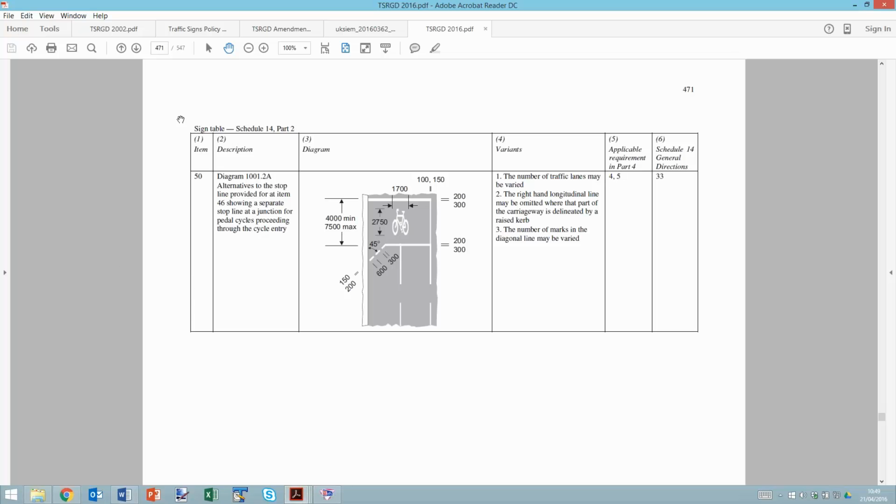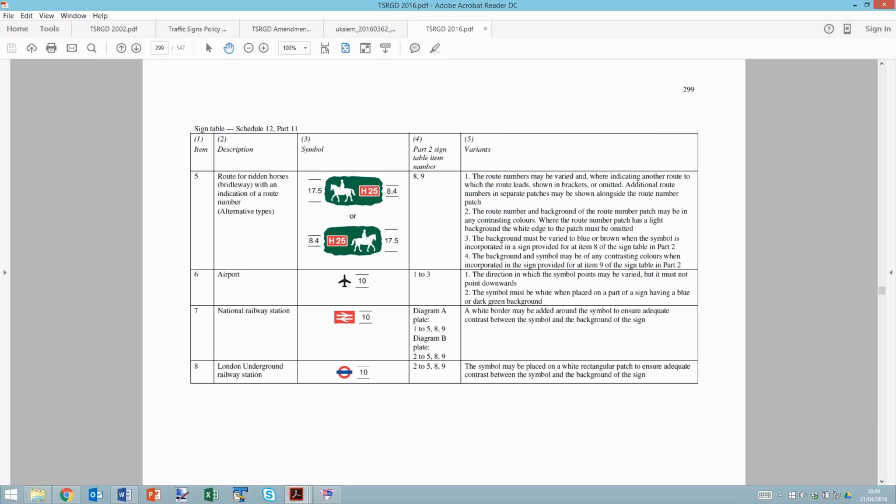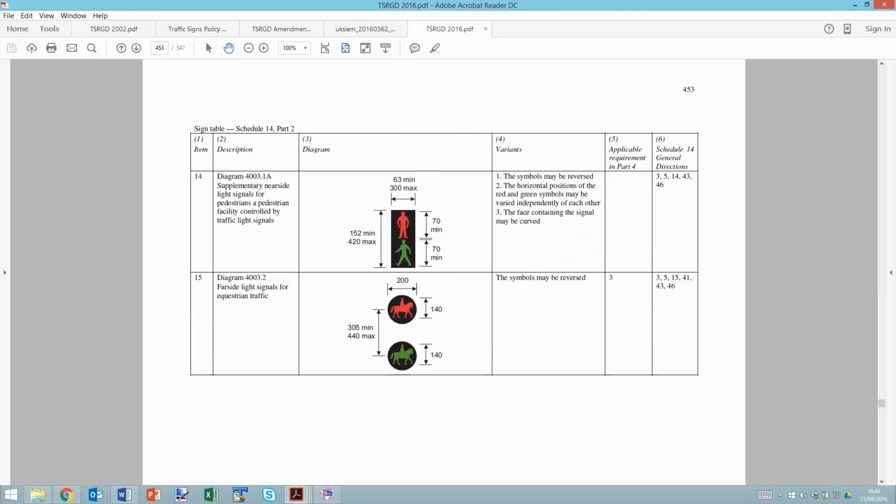Okay, so another thing just to focus on, some additional items in there. You've got provision now for ridden horse routes with the route number, so H for horse, I guess. So that is now prescribed there. And going on from that, where you've got signing for ridden horses and the routes, then shared use crossings come into play. So I'll first of all just look at the equestrian crossing provision. There's a couple of diagram numbers that are related to this. So 453, for example, page.